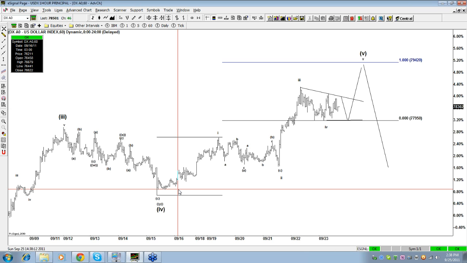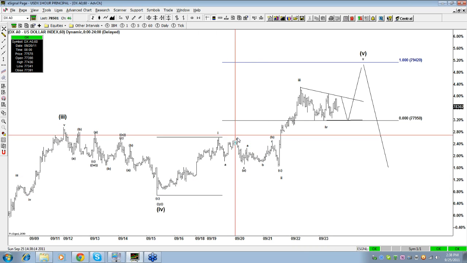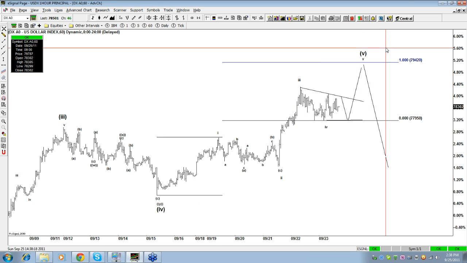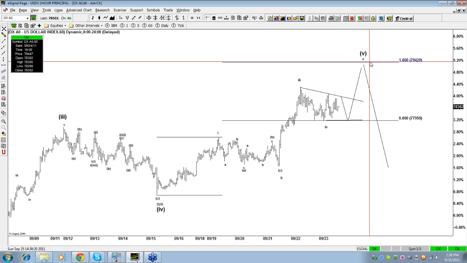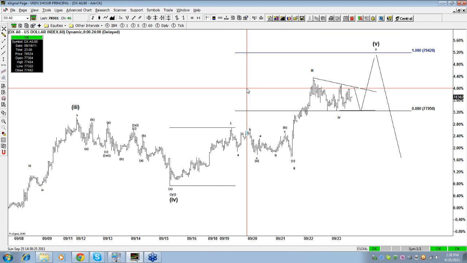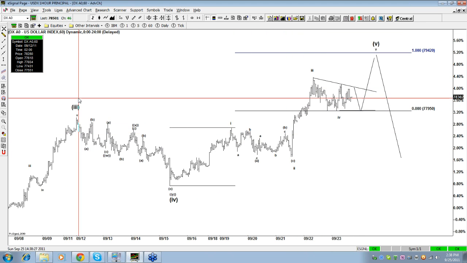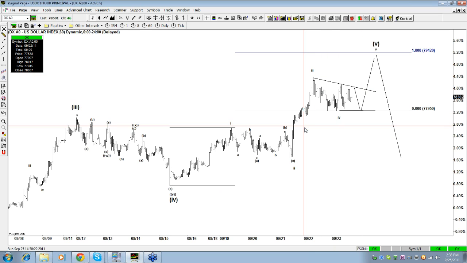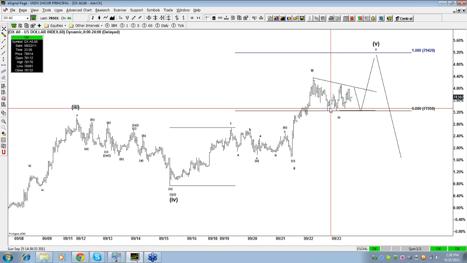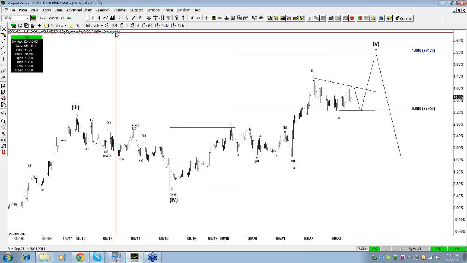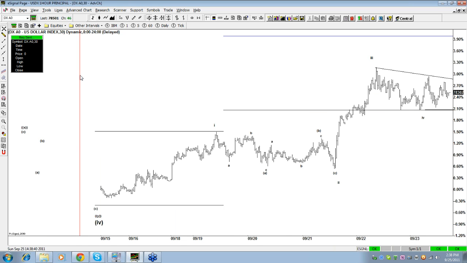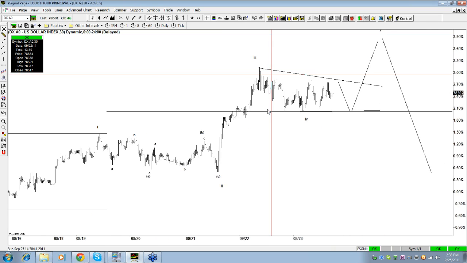Now, let me make a point here. Neither one of 3 was extended, so don't get surprised to see an extended 5. But still, this can be a flat, but the recovery from the lows looks very weak. It doesn't look like an impulse, in my view. And if it's a flat, you're going to need